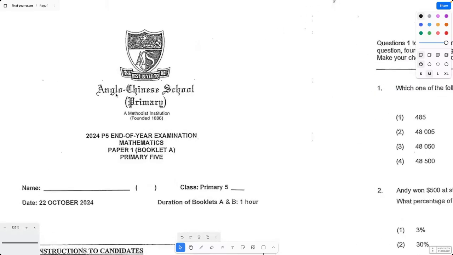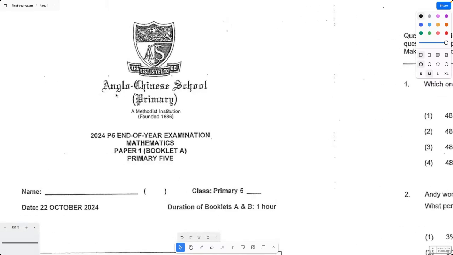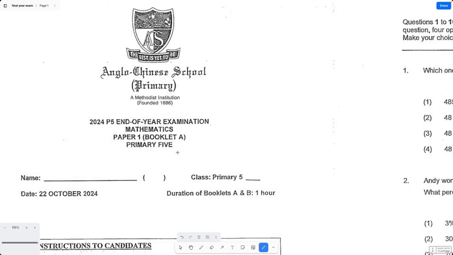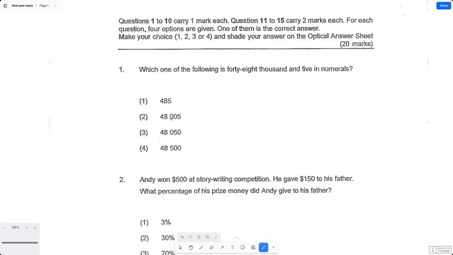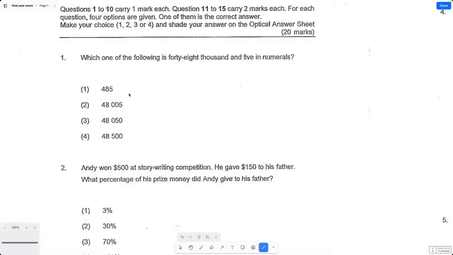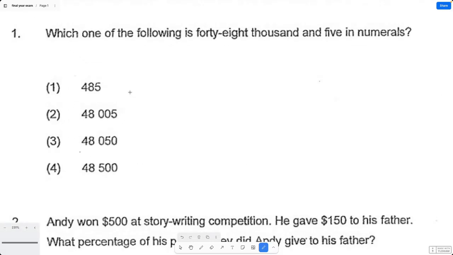Alright, in this video, we're going to go through the Anglo-Chinese School Primary 5 End of Year Exam, Math, Paper 1, Booklet A, Primary 5. So let's get started on the first question. Alright, the first question says, which one of the following is